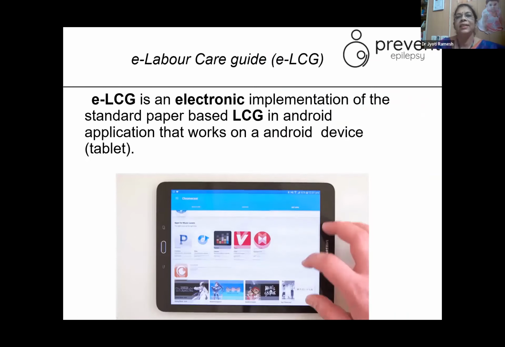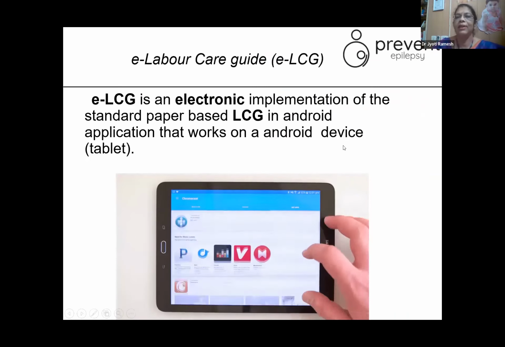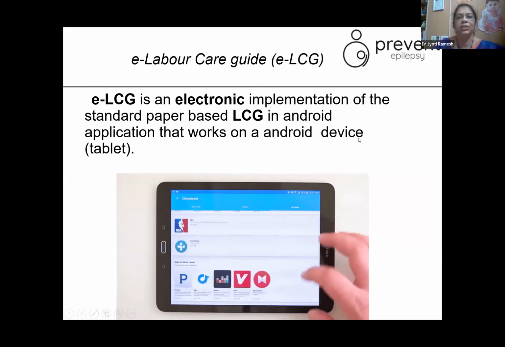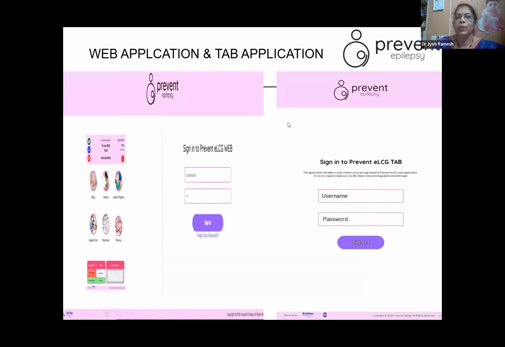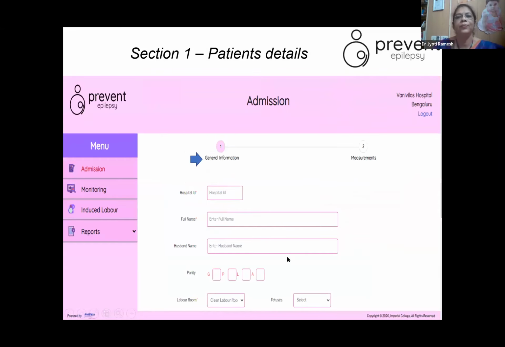Now, we need an electronic device, that is the Android application, in which we would enter this. And once we have that, we have a web application and we have a tab application. We first go to the web application and then switch on to tab application once the patient gets into active labor. So in the web application, we have a menu in which we have to enter all the admission details,